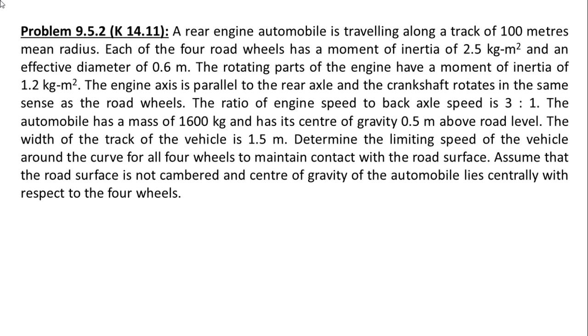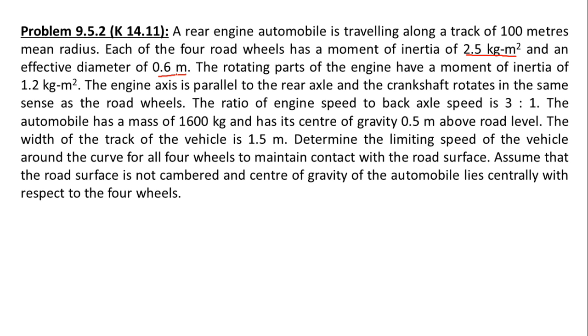Each of the four road wheels has a moment of inertia of 2.5 kg meter square. So here each wheel value is given. Therefore, when you are calculating net gyroscopic couple due to the wheel rotation, you have to put 4 I omega omega p. In the last problem, one pair of wheels was given, that's why you put 2. Normally the formula is 4 times. Okay, please remember that. So each wheel moment of inertia is 2.5 kilogram meter square and an effective diameter of